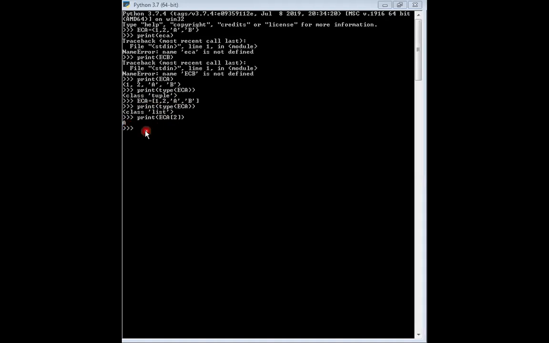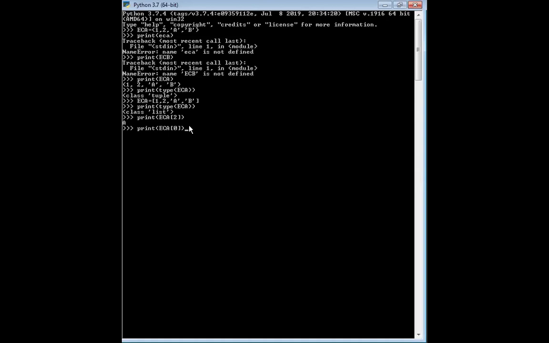Now I will ask you a question. Suppose I want to get the output as 1. What changes do I need to make in the programming part? Here you need to specify the index number as 0.